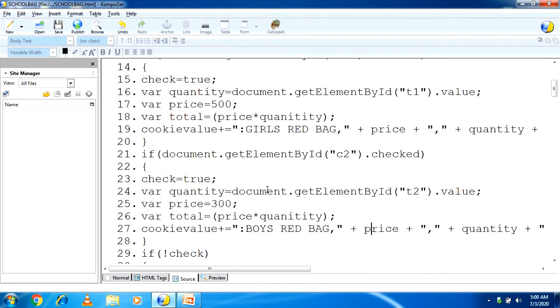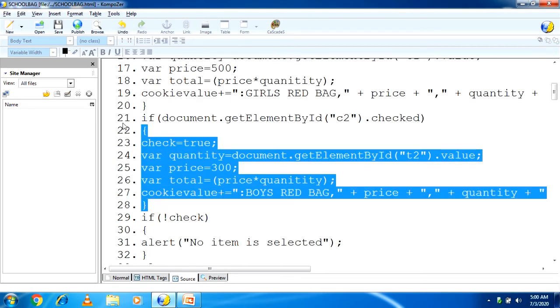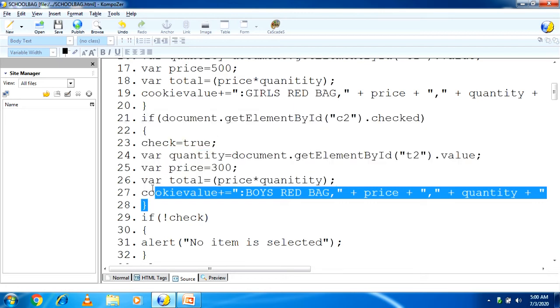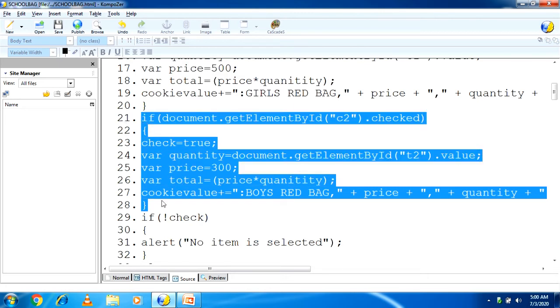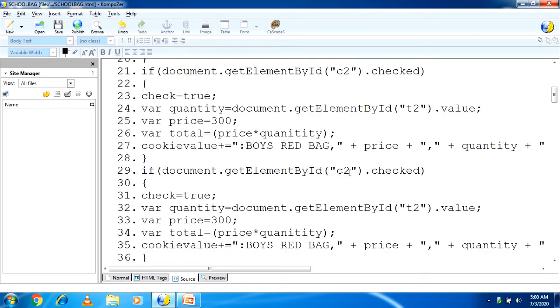Okay, now one more product is there, so again I am copying this, and pasting it again. Now this is for checkbox 3, and here also I am adding text box 3.